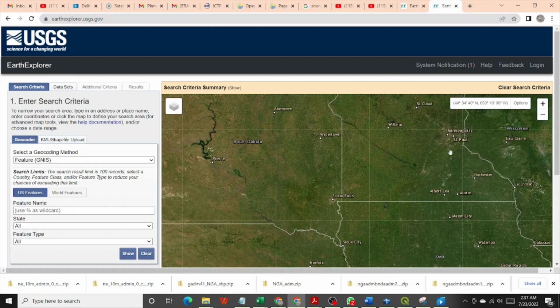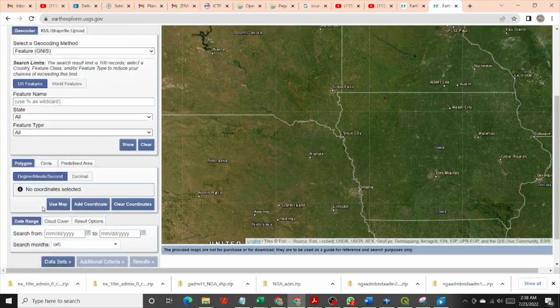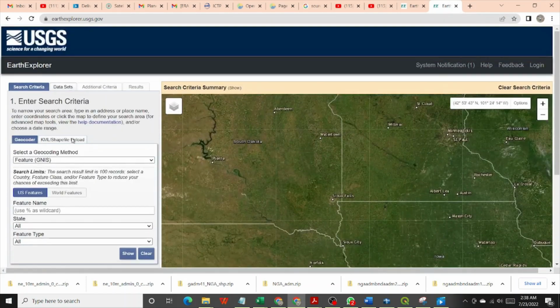So when you get to Earth Explorer, you cannot really download any satellite imagery or digital elevation model here if you're not registered with the Earth Explorer USGS. And of course, you register for free, so you don't have to worry about how much it will take to register. So subsequently, you can now talk about how to download. Now to register. I registered for a while. It looks like it's been a while since I've used it, so they might have